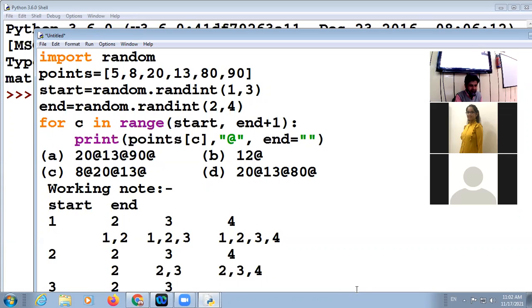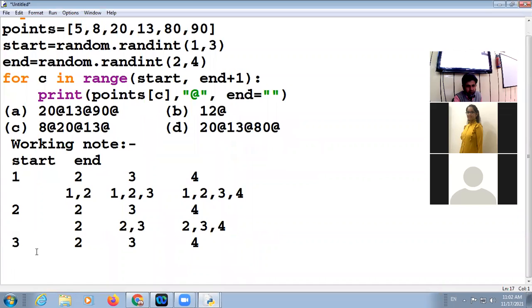In the first case, the loop cannot go from 3 to 2. No execution. But in this case, the loop will be executed a single time, that is 3, starting 3 and closing 3. But in this case, the loop will be executed 2 times, 3 and 4.